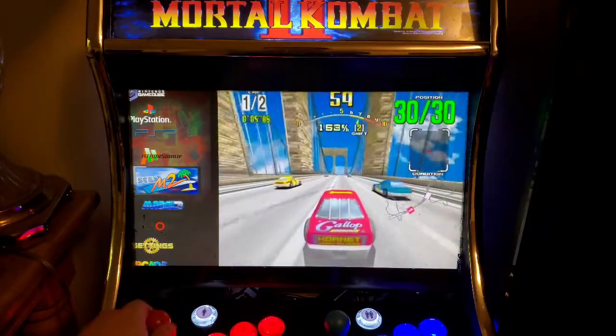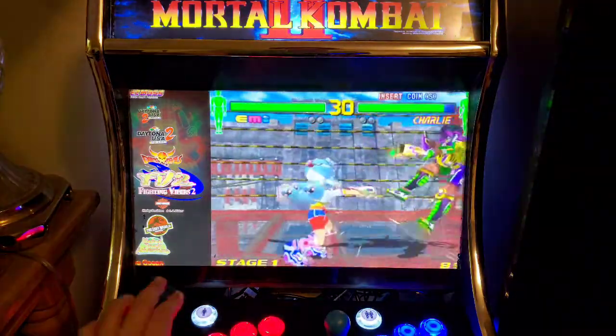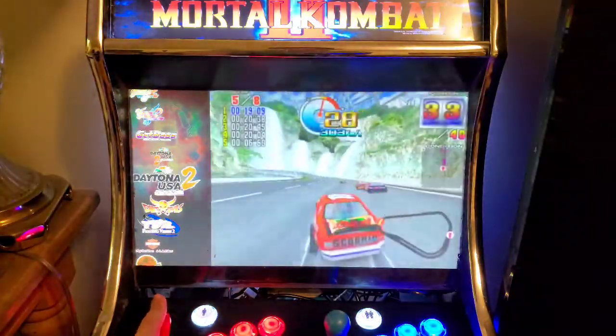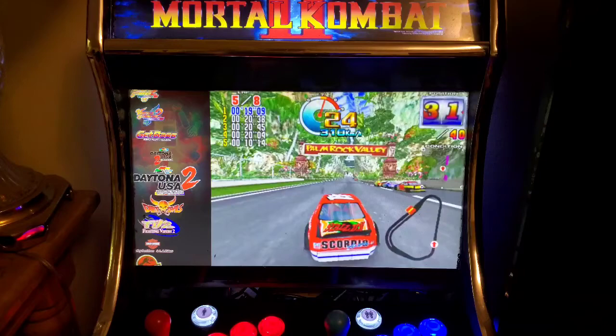And I'm just going to do one more Model 3 game. Let's do Daytona 2. Like I said, this is a game I can't control because the gas isn't working. So...